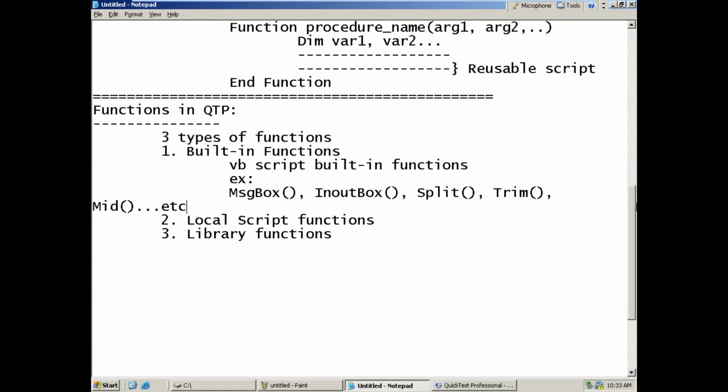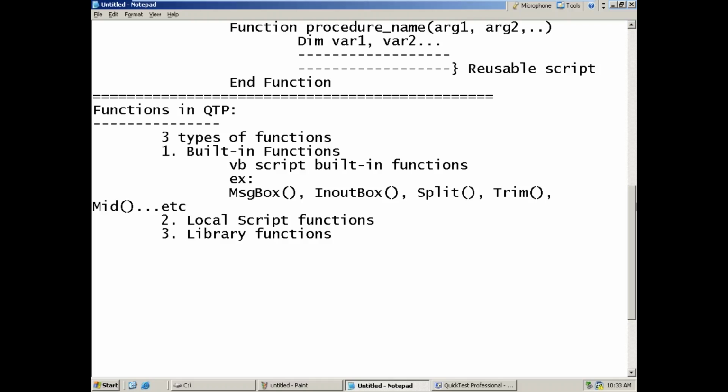The second one is local script functions. Local script functions can be sub-procedures or function procedures. Here the privileges change, from local script functions to library functions, in where we can use them. But local and library functions are both user-defined functions.